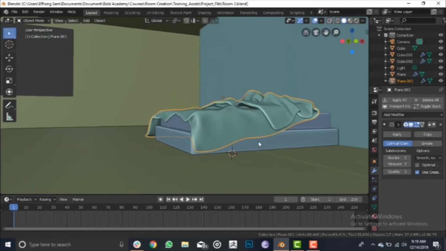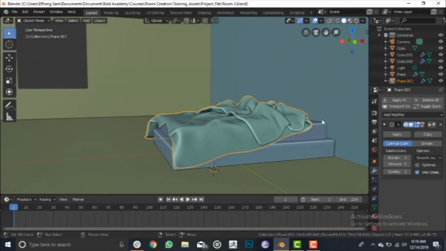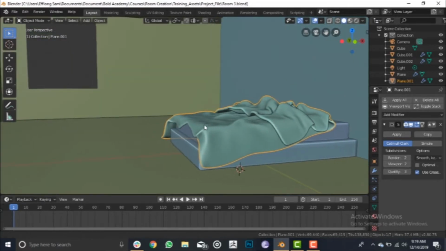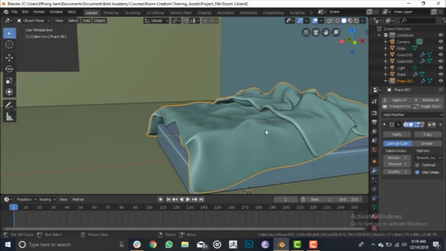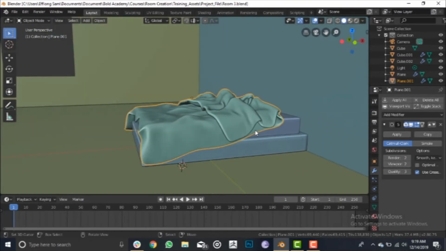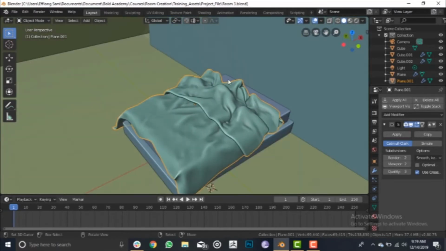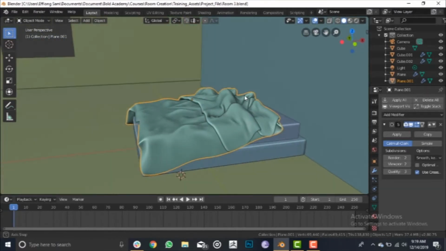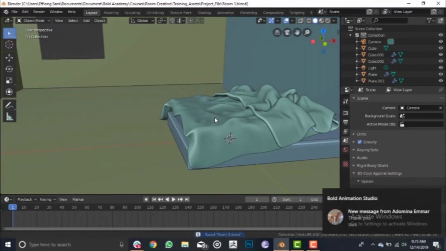Like I said before, we're going to create the pillow, but I thought about it. I think I should leave that as an assignment for you guys to create yourself. So just create two pillows right here. Just drop it however you want to place it. So let's go ahead and